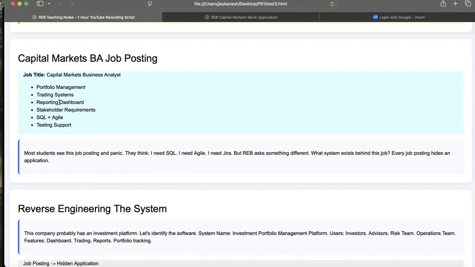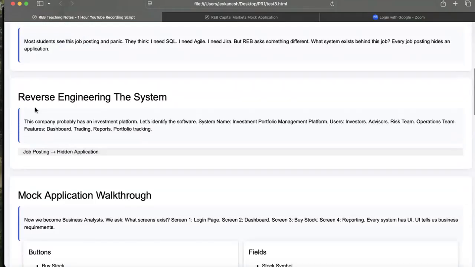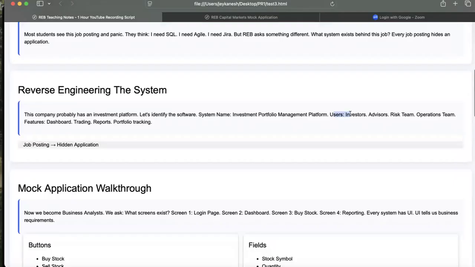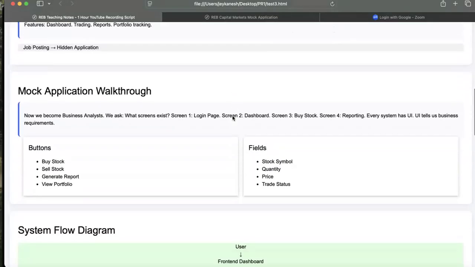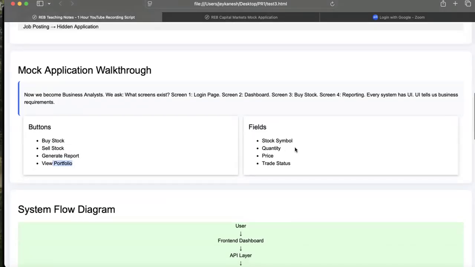You have many free tools. You can use whatever tool you like, right? Try to understand what is behind the scenes and how this application looks. Okay. So we did the reverse engineering. We asked questions. I will ask one question: who does what? I'll identify the users. I will identify what this user is doing. So here I have buttons: buy stock, sell stock, generate report, view portfolio, and fields also, like a stock symbol,